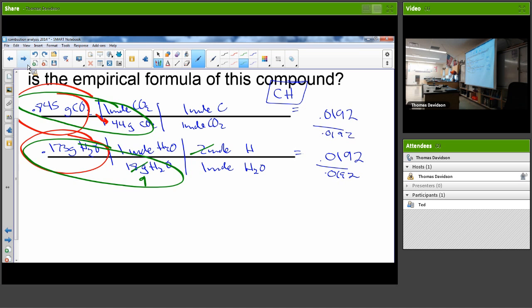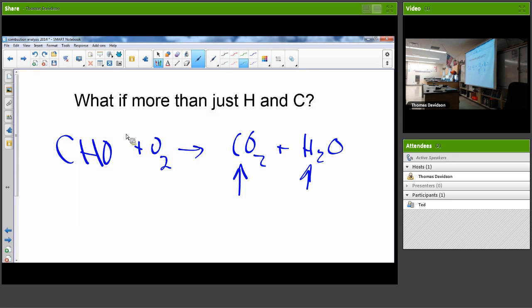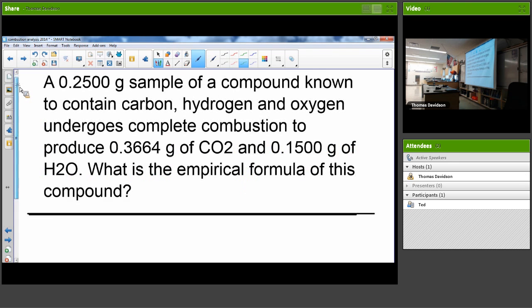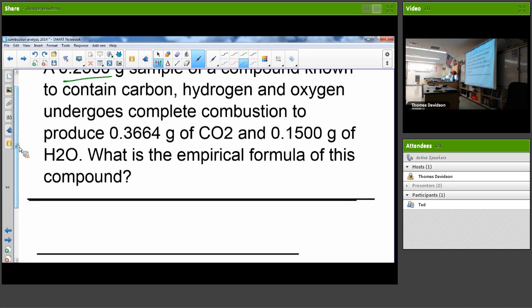Okay, now we're going to find one with oxygen. So, first, look, if this is made out of C, H, and O, then we're in trouble because O is also one of the other reactants, right? So that's why we have to do it differently. So first thing, you have this, it gives you an initial mass, it gives you all this, and asks what's the empirical formula. So the first thing I want you to do is convert your